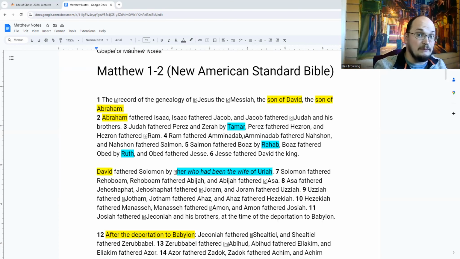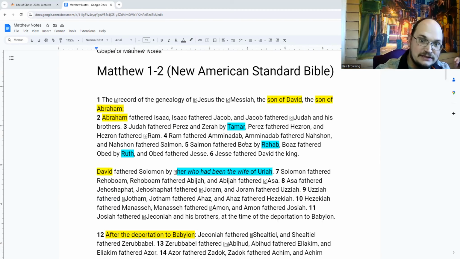So that's really the point that Matthew's trying to make. And it's really important because when he starts out trying to make this point about Jesus being the Messiah, he starts with a genealogy. Because in the Jewish mindset, there's a couple of boxes that have to be checked in terms of connection with